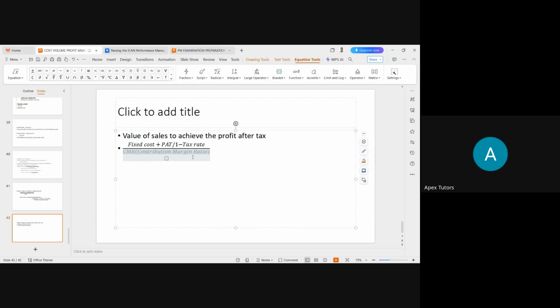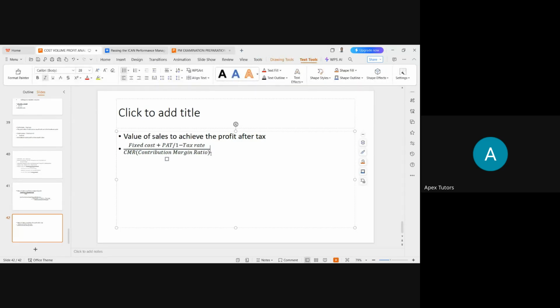Now, these are basic formulas when the question does not involve mix, when the question does not involve multiple products. Some organizations sell two or more products, and in their overall sales, the sales value can comprise the sales of product A and product B. It means the sales revenue